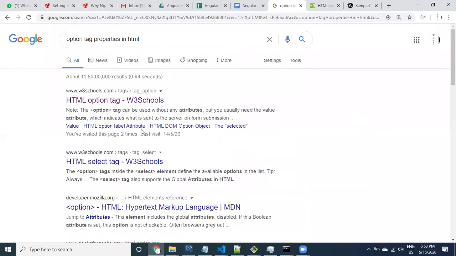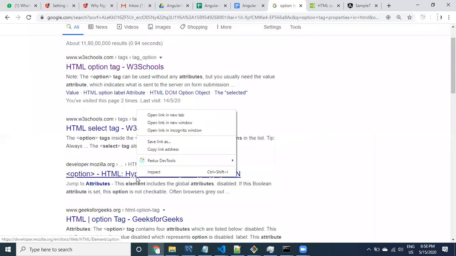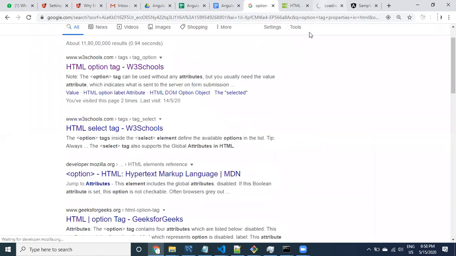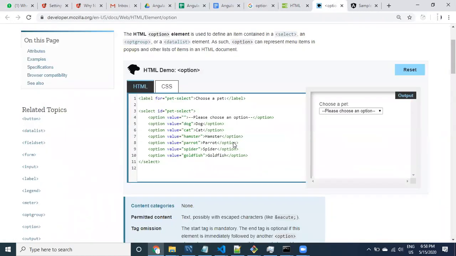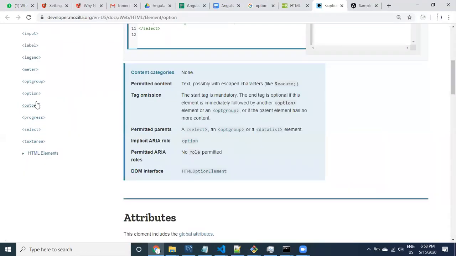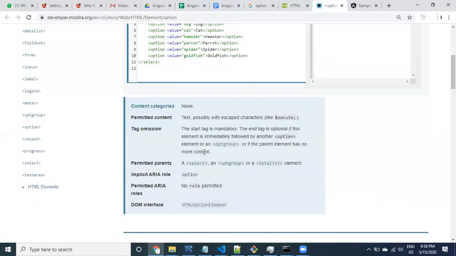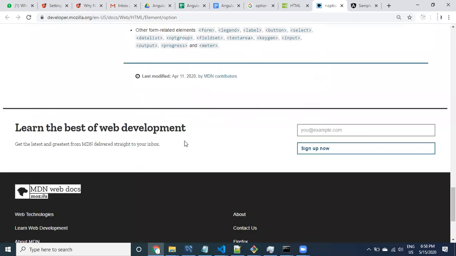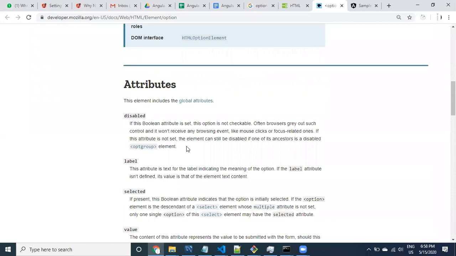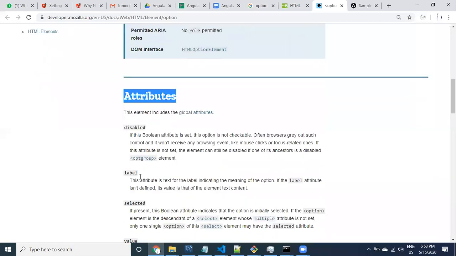Still it is pointing to something else. I'm just showing you different things. These are the option related ones. You can come to attributes and browser compatibility. The properties are not getting displayed.